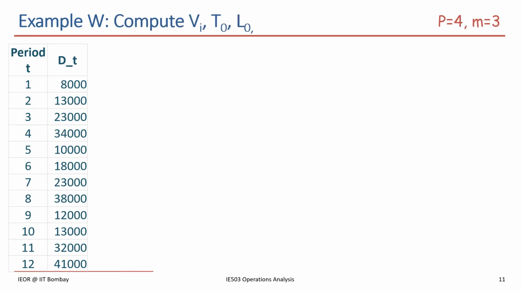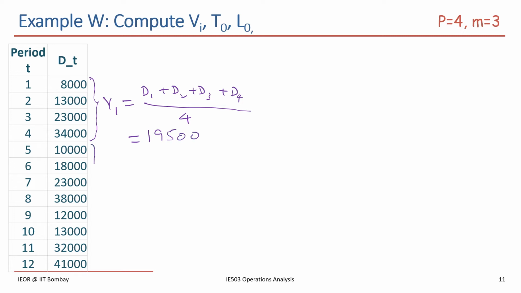So first step is to compute our V_i's. If you see here, V_i is nothing but the mean, right? Since P is 4, we are going to take the mean of these first 4 values. That's nothing but D1 plus D2 plus D3 plus D4 divided by 4. So 8,000 plus 13,000 plus 23,000 plus 34,000, divided by 4, gives a V1 value of 19,500. Again you take the mean of the next 4 periods, that is your V2, which comes to 22,250,